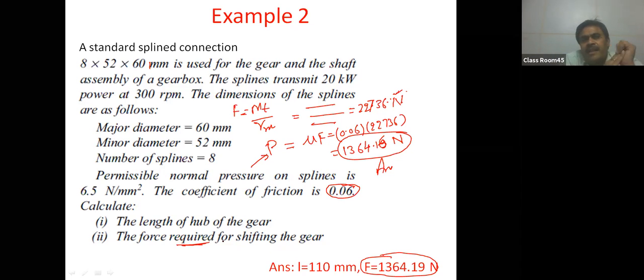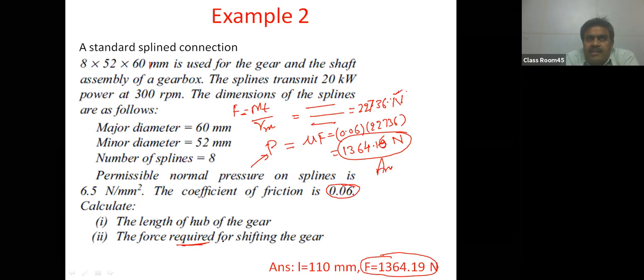Generally rigid couplings and flexible couplings are used. As per our machine design syllabus, we will cover the rigid couplings and flexible couplings only. The Oldham coupling and Hooke's coupling you have already studied in the subject Theory of Machines. In machine design, we will focus on the design of the rigid coupling and the bush coupling. Bush coupling is also known as flexible coupling, where some flexible elements are used. We will go one by one.